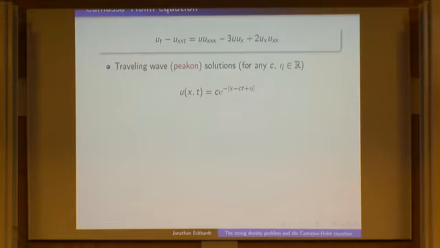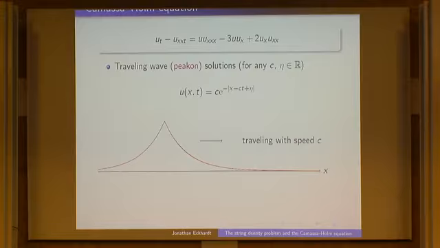So then there are these traveling wave solutions, and in fact, you can write them down explicitly in a very simple form. So you just have this profile, which is depicted here, and they just move with constant speed in one direction. And of course, since it's not differentiable anymore, you have to consider this as a weak solution to the Camassa-Holm equation.